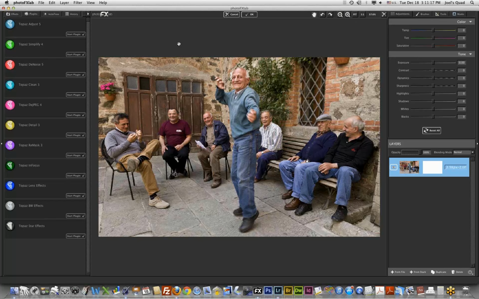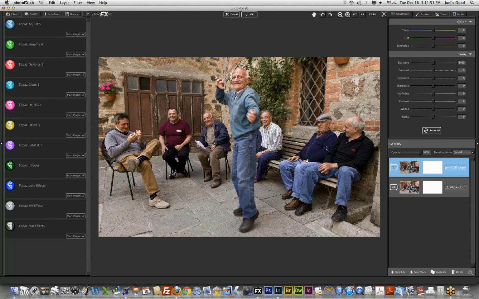So we're in Photo Effects Lab, and the first thing that I always do, and this is true if I'm in Photoshop too, is I duplicate the layer. And the way I do that is I can drag and drop it onto the duplicate, or I can just keep it selected and hit the duplicate button here. By highlighted, you see that it's in blue, and if I click on this next one down, now that one's blue, so that blue border tells you that it's selected. So you want to make sure that you have the layer that you want to work on selected before you actually work on it. So the first thing we want to do here,